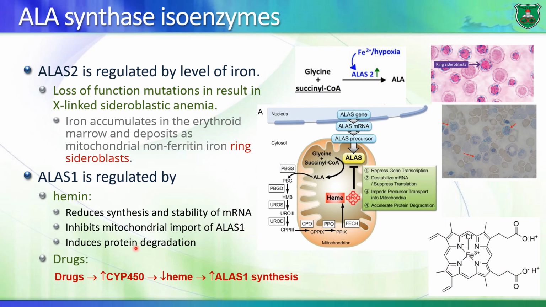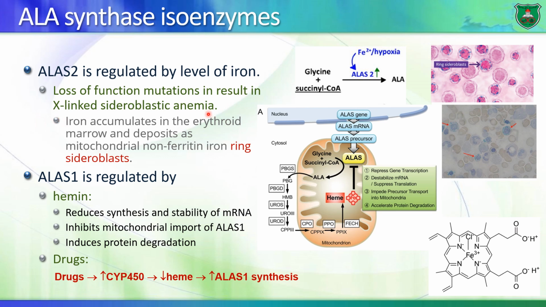Now let's talk about the ALA synthase isoenzymes a bit more. So ALAS2, that is the erythroid-specific enzyme, is regulated by the level of iron. Okay, it's also regulated by hypoxia. So if you have a patient with defective ALAS2, so there's loss of function, that results in what is known